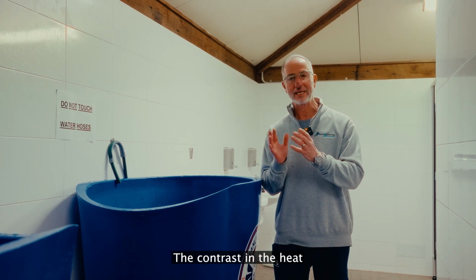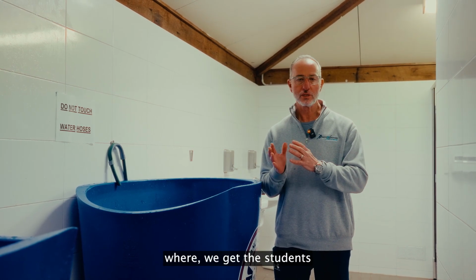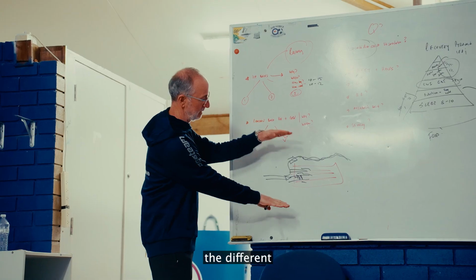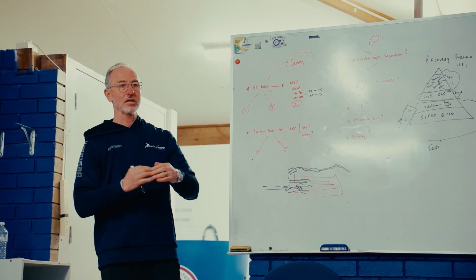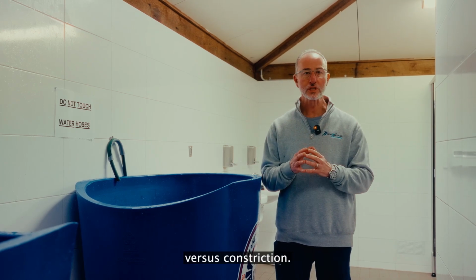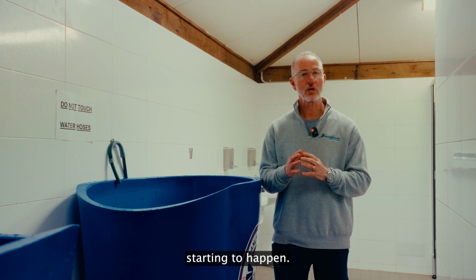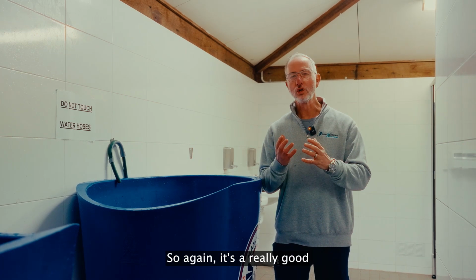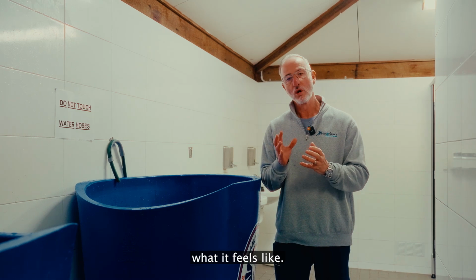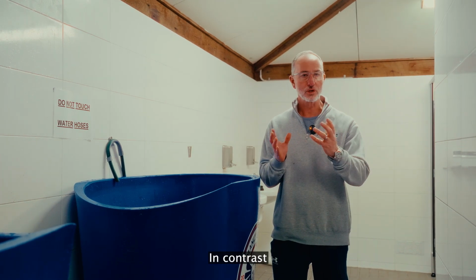The contrast in the heat, we get the students in hot showers and we can move them across both. We talk about, again, the different physiological responses in the heat, where obviously you get dilation versus constriction. We get this pump mechanism starting to happen. So again, it's a really good learning experience for the students to actually experience what it feels like in contrast